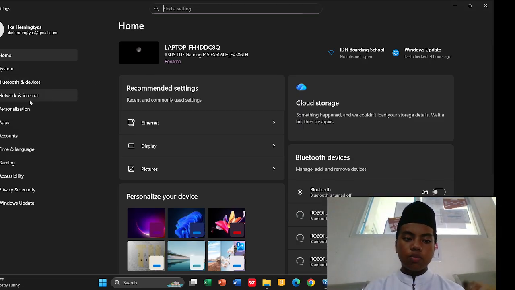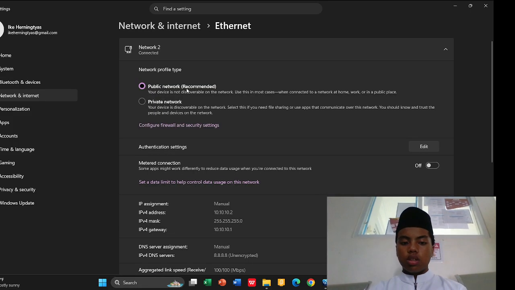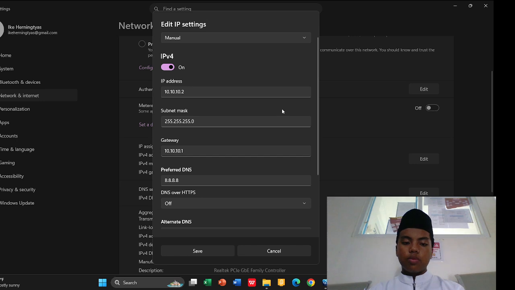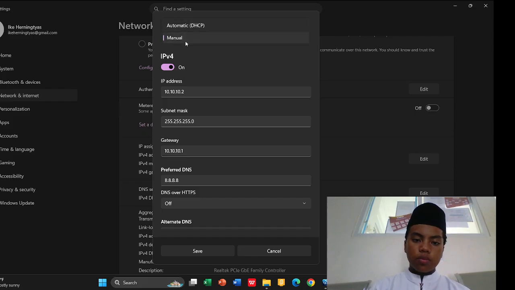So first, go to the network and internet, and then after you go to the network and internet, go to the Ethernet, and then after that, click the edit button, and then so you guys can follow these settings. So you guys have to change the automatic to manual, and then change the IPv4 to on, and then for